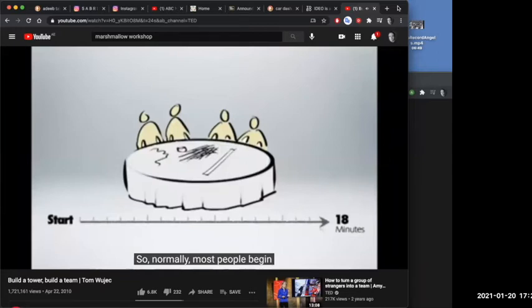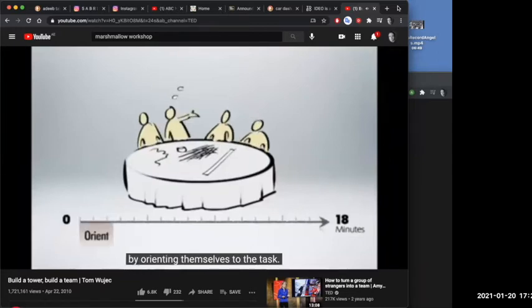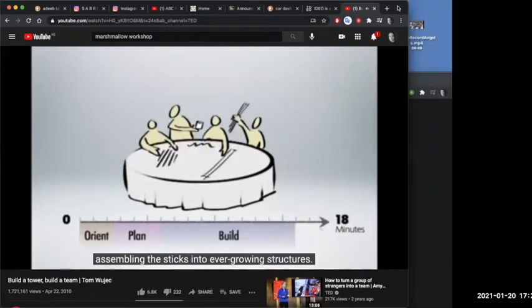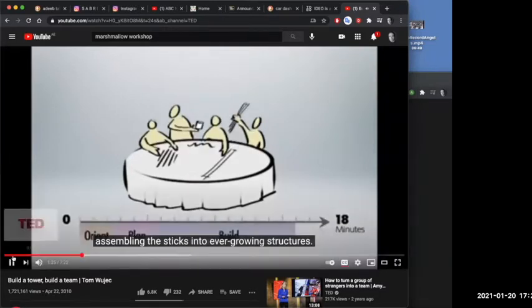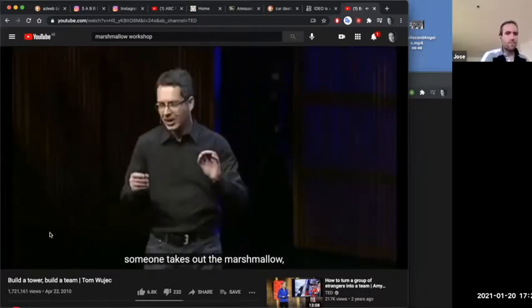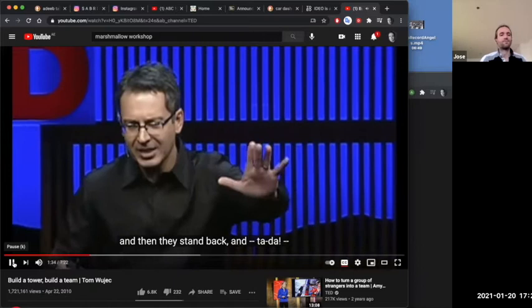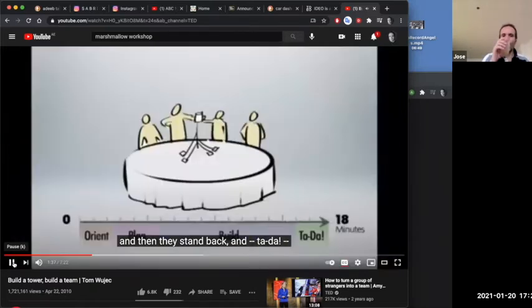So normally, most people begin by orienting themselves to the task. They talk about it, they figure out what it's going to look like, they jockey for power, then they spend some time planning, organizing, they sketch, they lay out spaghetti. They spend the majority of their time assembling the sticks into ever-growing structures, and then finally, just as they're running out of time, someone takes out the marshmallow, and then they gingerly put it on top, and they stand back, and ta-da! They admire their work. But what really happens most of the time is that